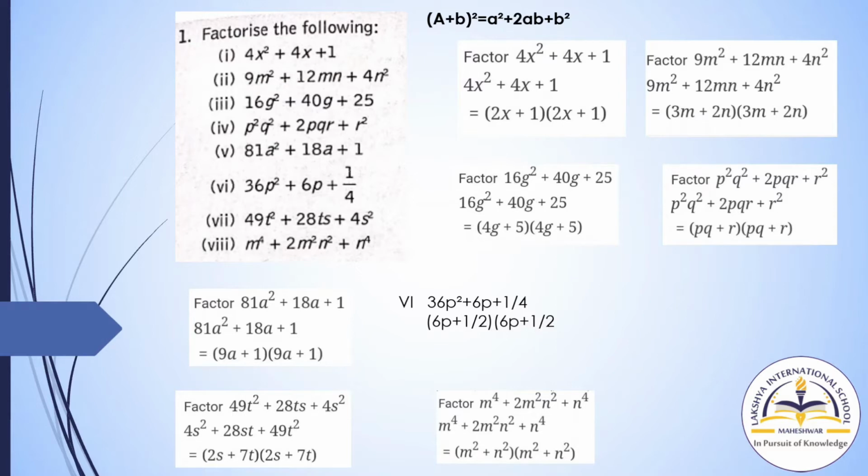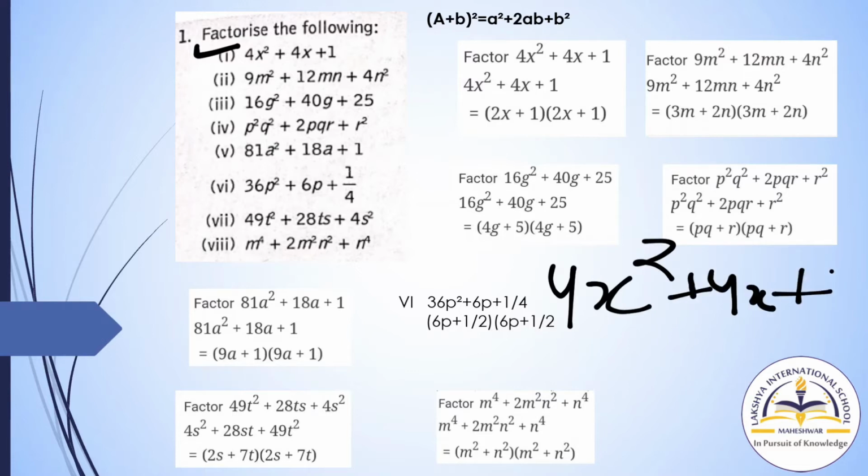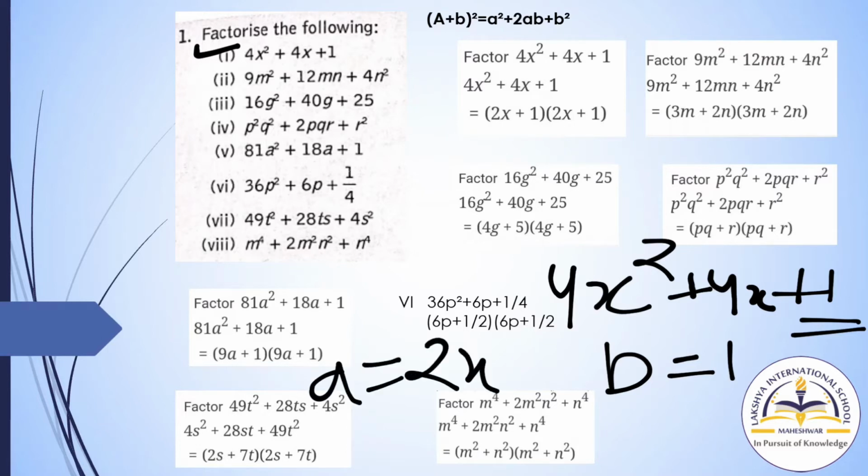Now here you just have to find out what a and b are in this given expression. Now 4x square plus 4x plus 1. Here you just see, in place of b square there is 1. It means the value of b is 1 and a will be 2x. You can check whether the value is correct or not by using (2x plus 1) whole